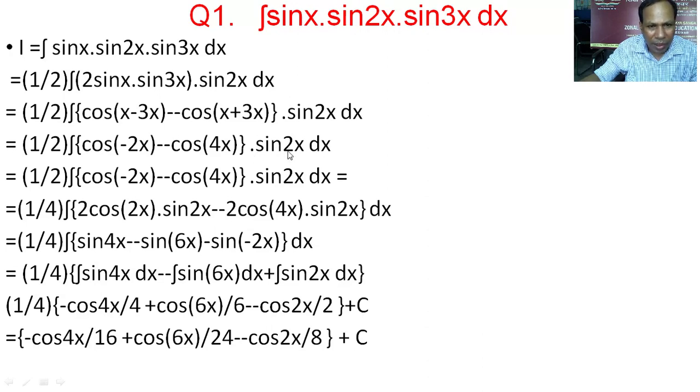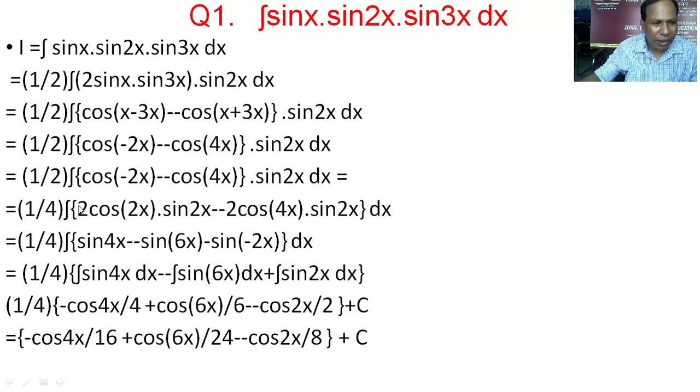Now we multiply this sin 2x with both these quantities. So cos of minus theta becomes plus cos theta, and multiply and divide by 2 again. So it is 1 by 4 into 2 cos 2x into sin 2x minus 2 cos 4x into sin 2x